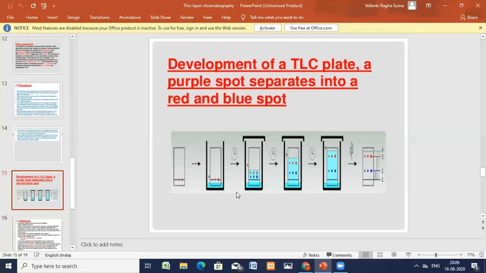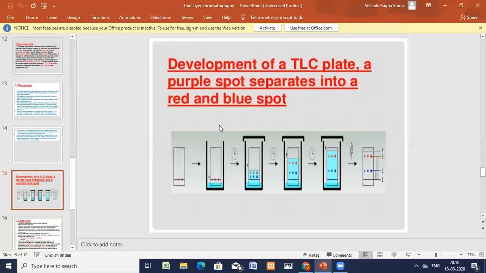Let me give you, before analysis, the types of adsorbents we are using. Here, the coating material is cellulose. It is neutral in nature. Partition can be done, and water soluble components can be separated. Next, Kieselguhr: neutral in nature, with the partition principle. Strongly hydrophilic substances, sugars and steroids can be separated.